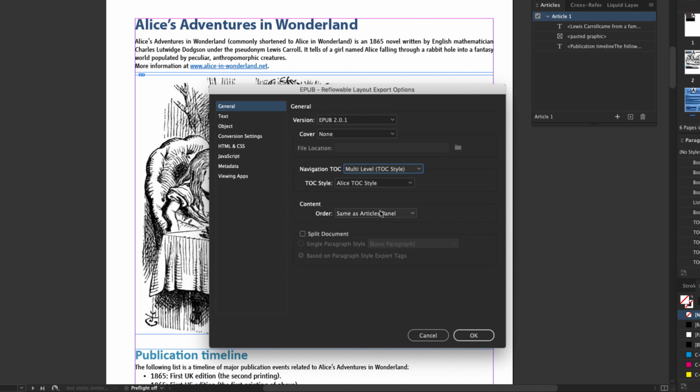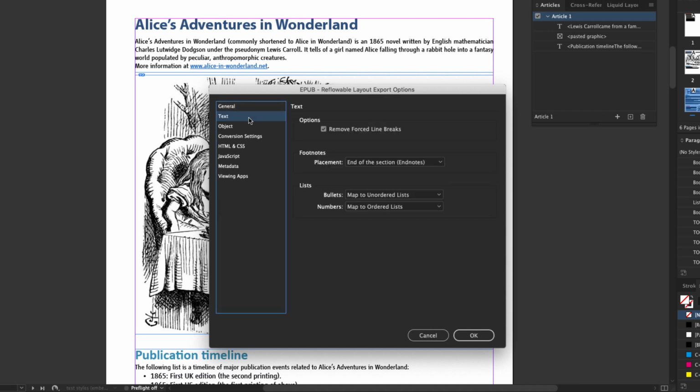If our document uses multiple text and graphic frames, we need to define the criteria for ordering their content. We want to use the sequence we created using the Articles pane. There are many more parameters. As this course is too short to explain them all, please consult Adobe's documentation for more information.